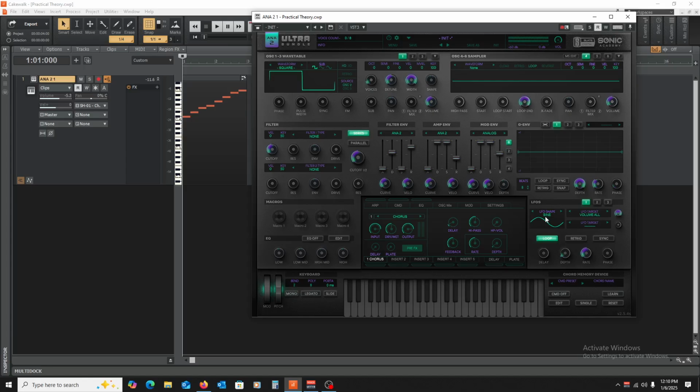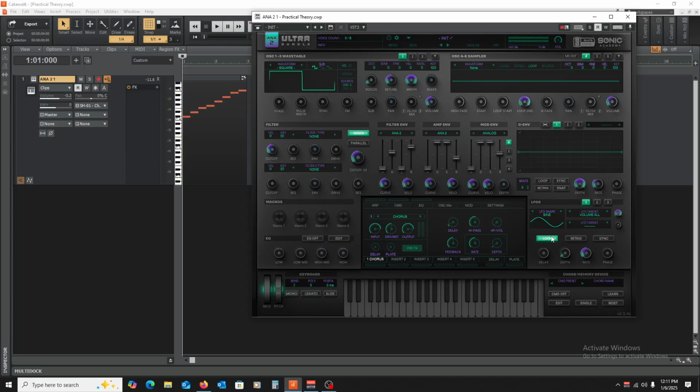When it comes to LFO, there's generally speaking going to be a few different options on how you can go about doing this. The first is going to be the shape of it. So the shape of our LFO is just going to be a sine, which is going to be a smooth up and a smooth down as it goes. We need to choose the parameter we want it to change, and in this case, we're going to do volume.